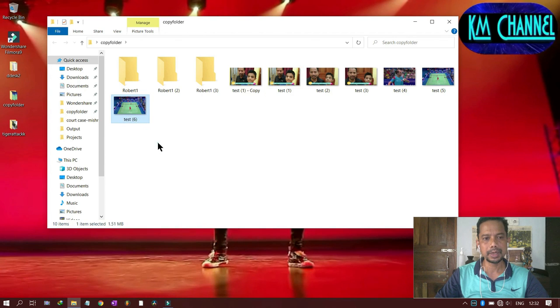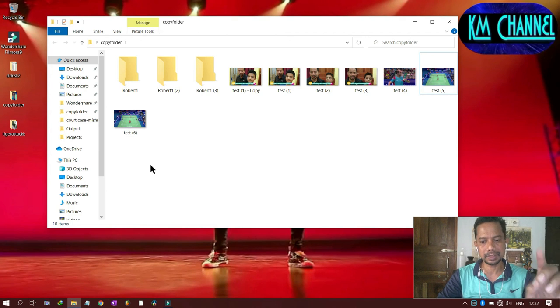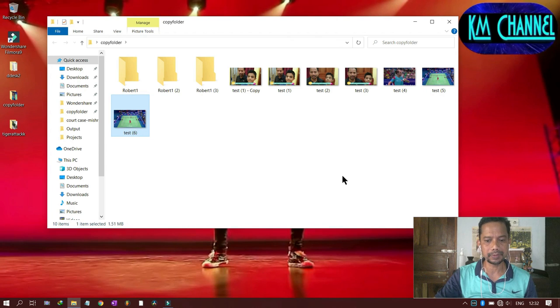Now if you want to delete this, you can highlight with the left mouse button and hit the del key like this, and see, the recycle bin became full. I'll press Ctrl Z and the recycle bin has emptied and the file has come back. So this is when you delete a file and move it to the recycle bin. Once again I will do it, delete, the file is in the recycle bin, and now I will press Ctrl Z and the file has gone back to the same folder.